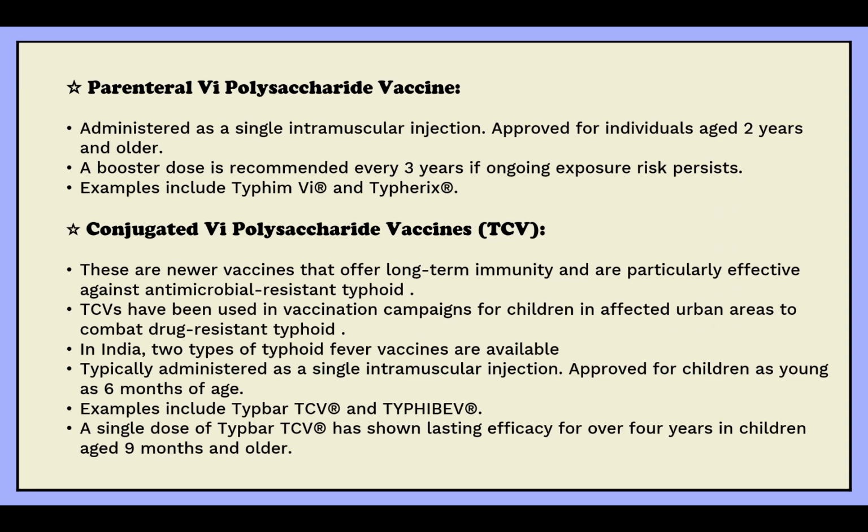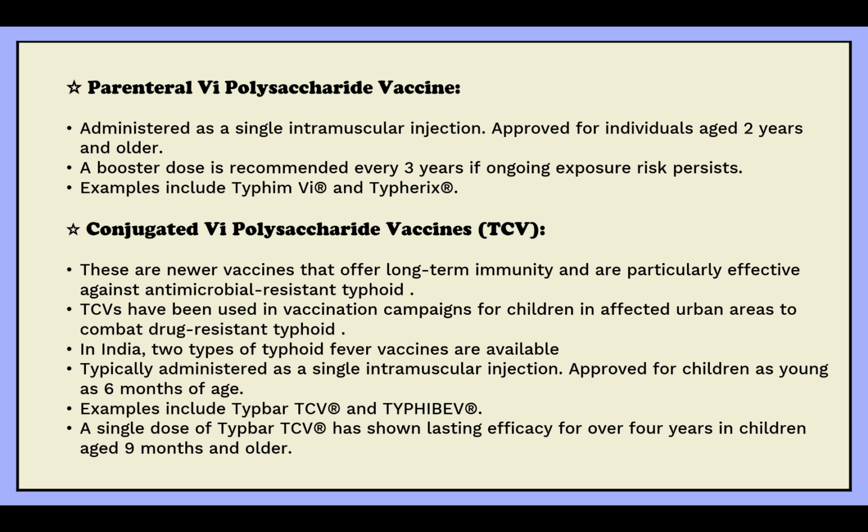Parenteral Vi polysaccharide vaccine, Typhim Vi or Typherix, is administered as a single intramuscular injection and approved for individuals aged 2 years and older. A booster is recommended every 3 years if ongoing exposure risk persists. Then conjugated Vi polysaccharide vaccines. These are newer vaccines like Typbar-TCV or Typhoidfever, which offer long-term immunity and are particularly effective against antimicrobial